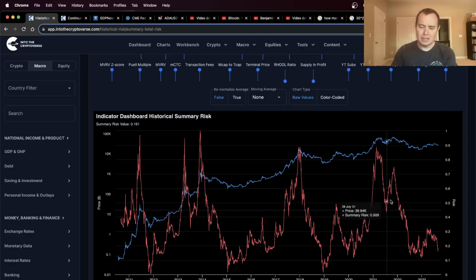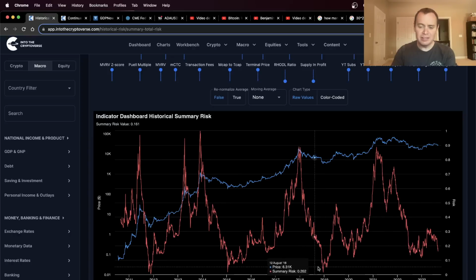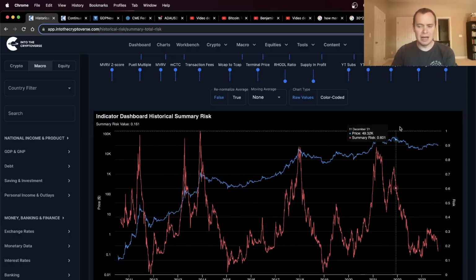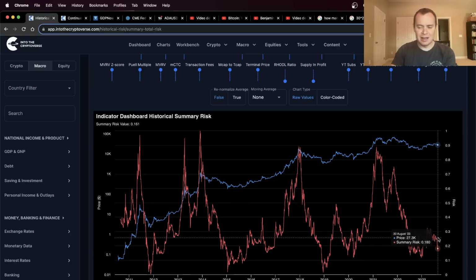But at the end of the day, the idea in pre-halving years and even the halving years is when you DCA Bitcoin at some of these lower risk levels, that's not to promise that the higher risk levels will ever return, but it's to say that if it does return, you'll be there to take advantage of it, right? So I sense that that time is coming relatively soon, especially as we get into the back half of 2023.